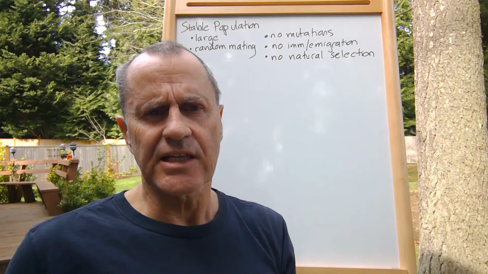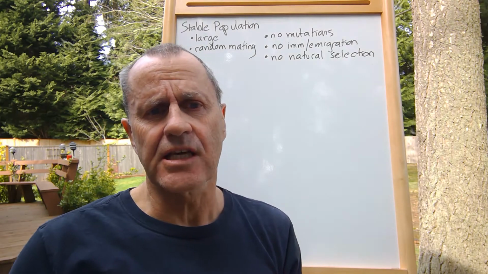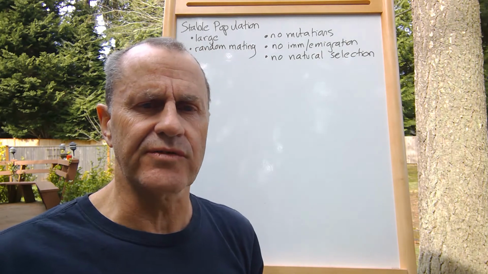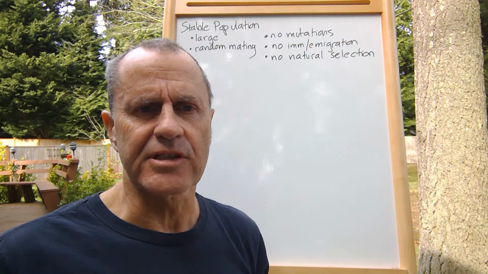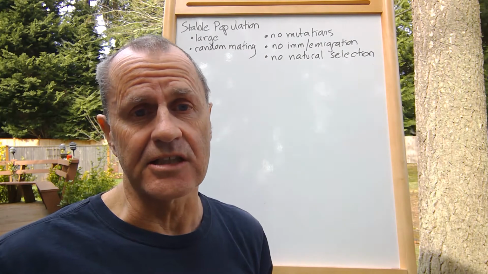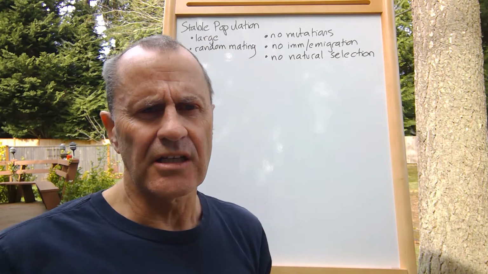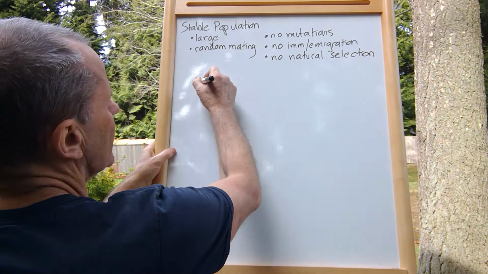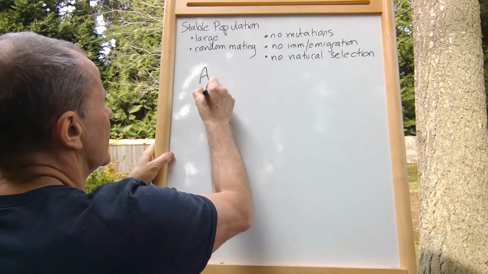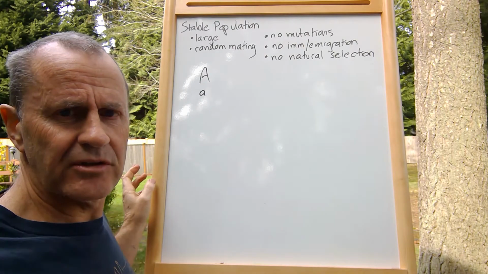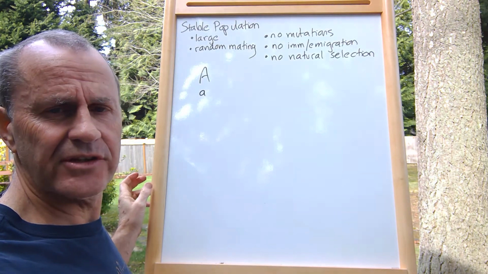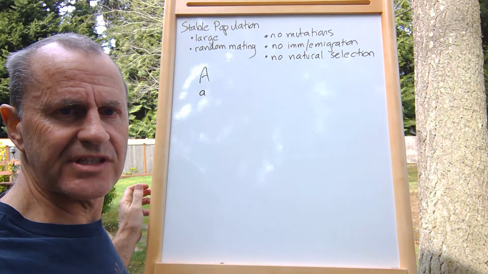So let's have a look at the math of this, and this is the Hardy-Weinberg equations. And the Hardy-Weinberg equations are pretty useful in considering what happens to the frequency of alleles in a population. Let's have a look at the classic sort of dominant and recessive alleles. We have a dominant and we have a recessive. And we'll look at those as time goes on, but we'll first look at some very, very obvious ideas and